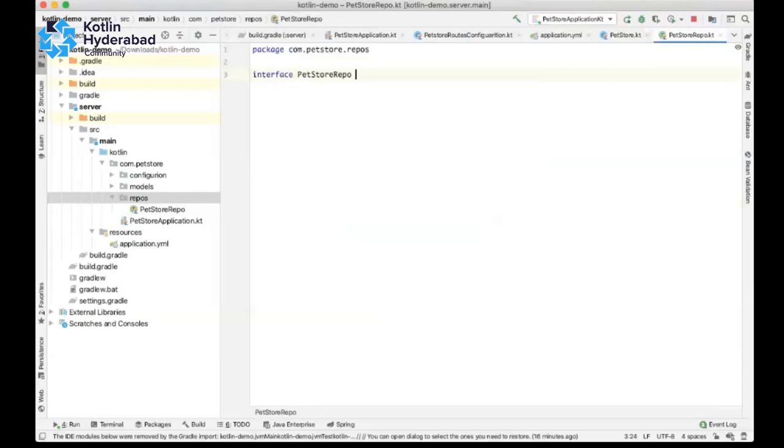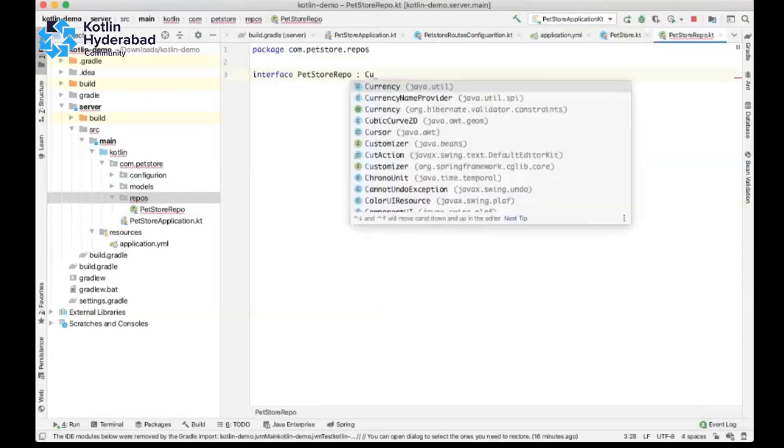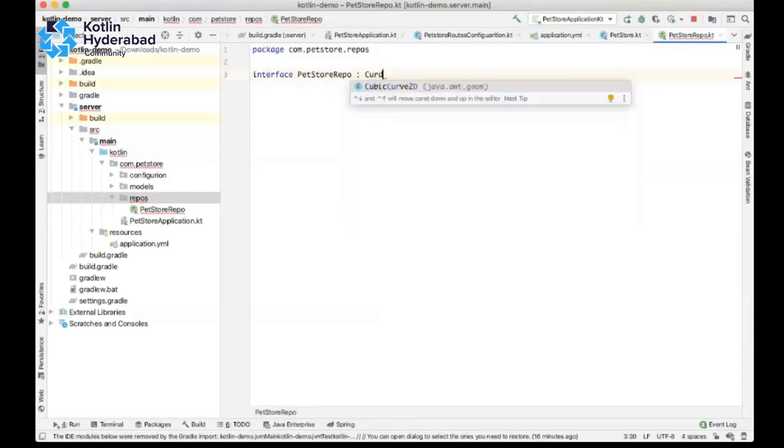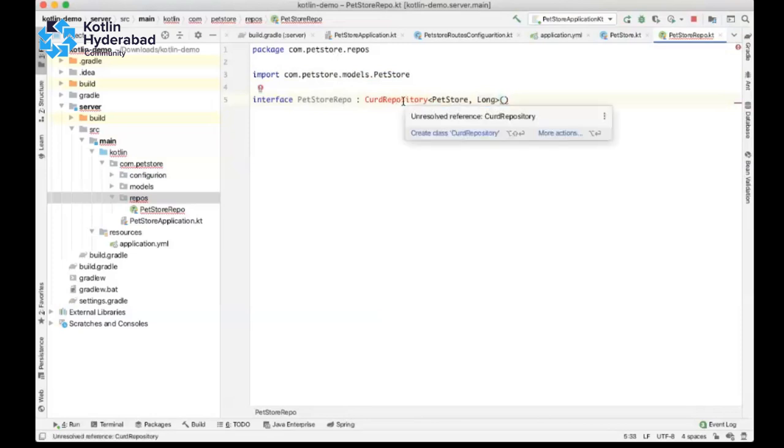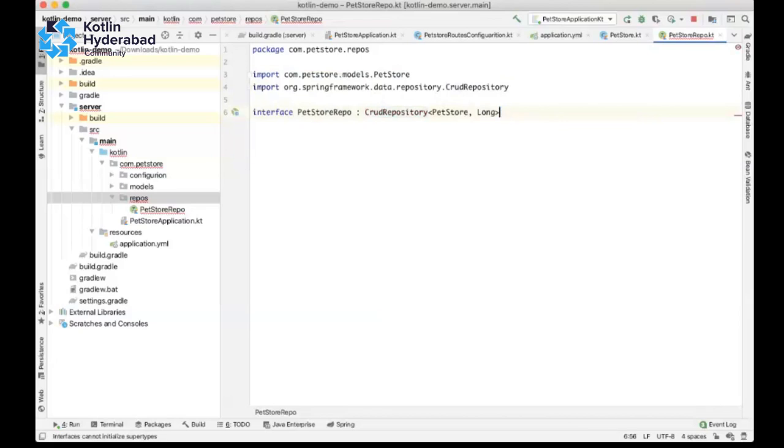Generally, repos will be an interface, which will be extending the repository.